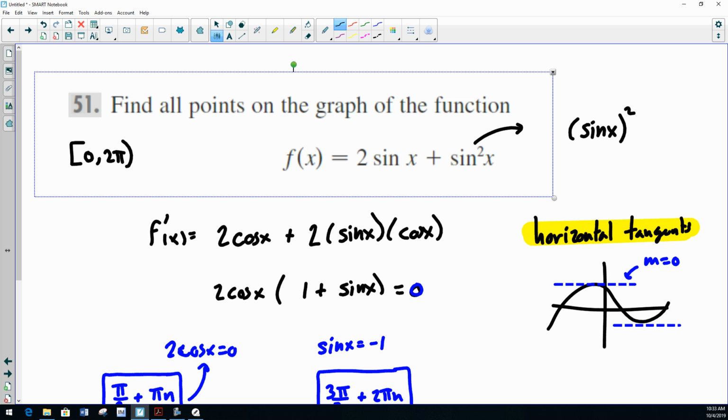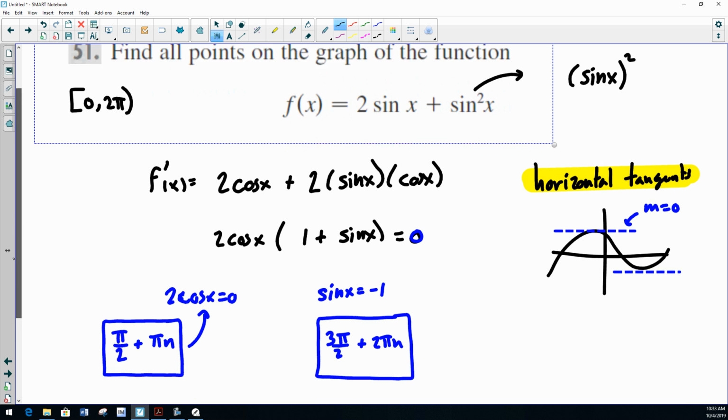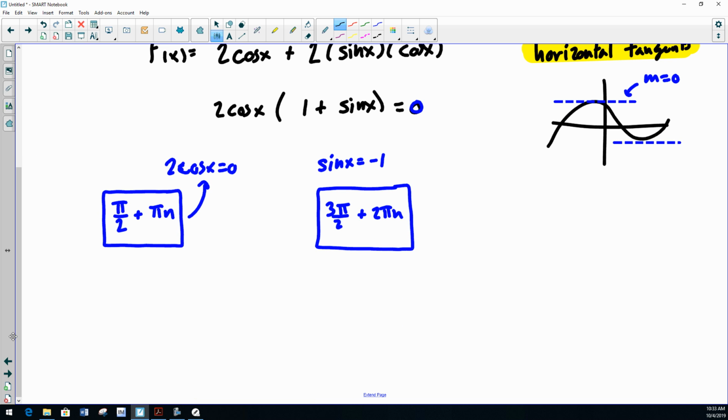So this one I said out loud. I'll graph it for you. The first answer is here at pi over 2. The next answer is here at 3 pi over 2. The next one's at 5 pi over 2. The next one's at 7 pi over 2. So I can alternate answers by adding half a revolution. And that's what this is saying. That's half a revolution. Like 180, right? Okay. The next one,